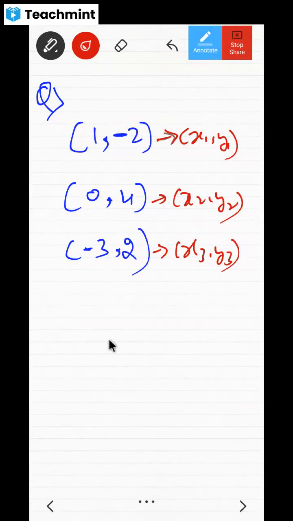Now, can I substitute the values directly, dear children? Because I know the formula, 1 by 2 bracket. Can I substitute directly or not? Tell me. 1 by 2 bracket. x1 means 1. Bracket. y2 minus y3 means 4 minus 2. Can I write it directly like this?